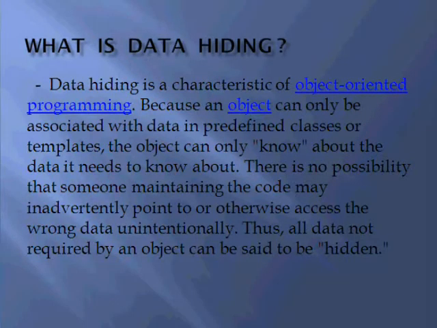When discussing this topic, we have to focus on two aspects. They are encapsulation and information hiding. While encapsulation refers to a mechanism of wrapping up data and methods together to form a single entity called a class, information hiding refers to the way of controlling access to the members of a class. And here we have given the definition of data hiding.